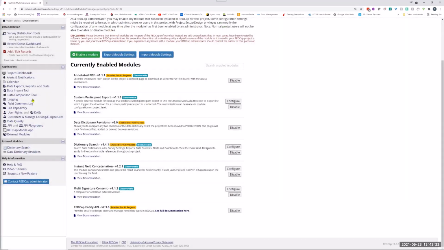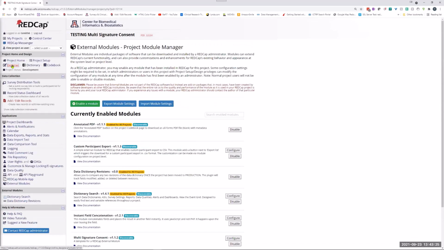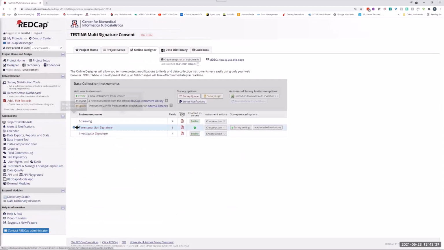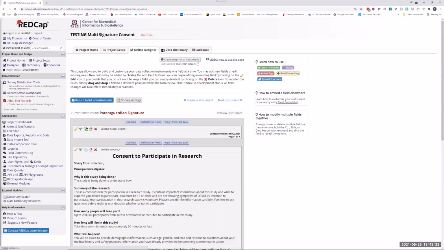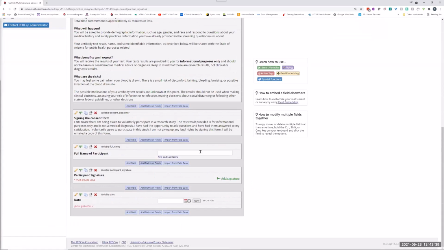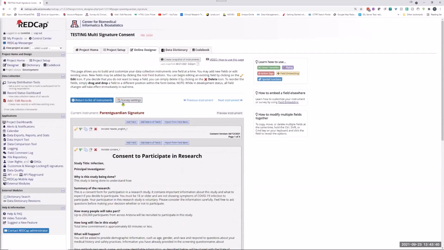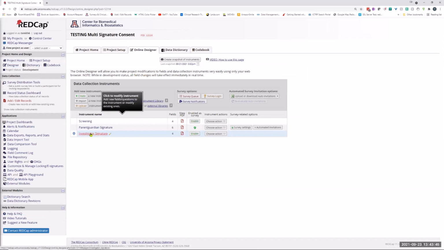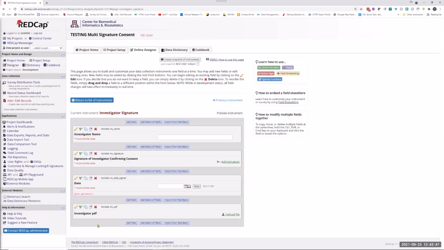Okay, so I'm going to come back to my design real quick and go over this one more time. Three instruments on the participant consent. It's just basic, just like you would. There's nothing different about this. The only field that is different is this investigator signature instrument, where there is a place to upload a file. So if I walk through this then,